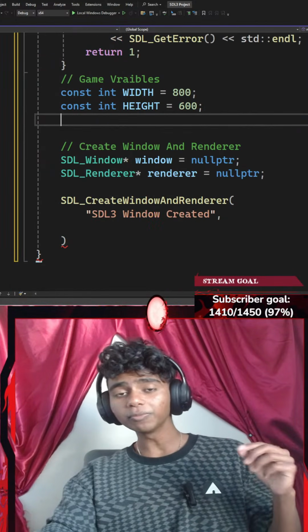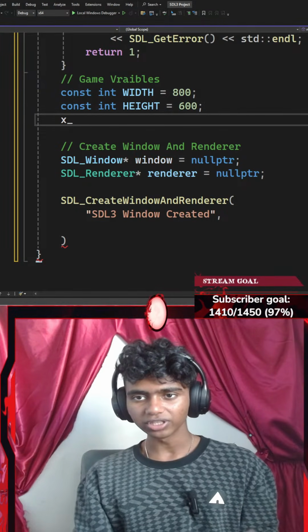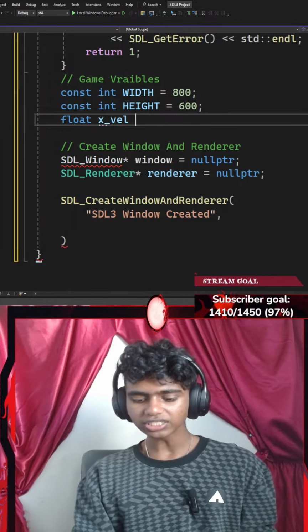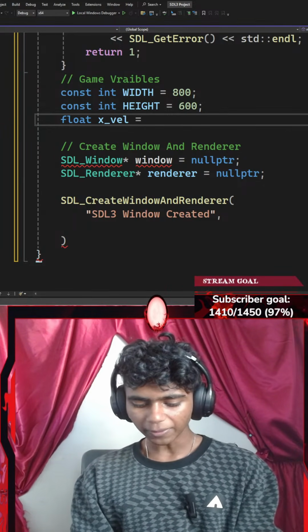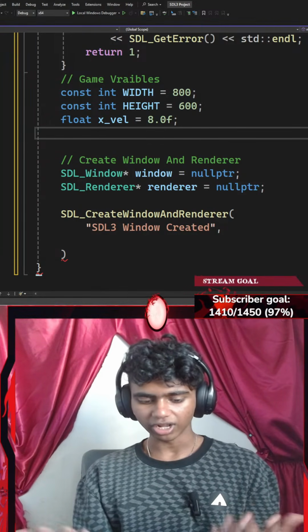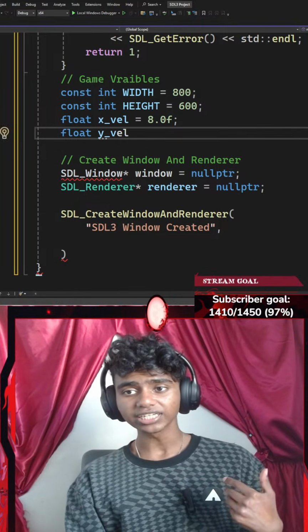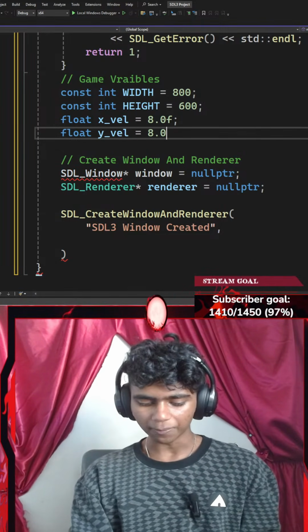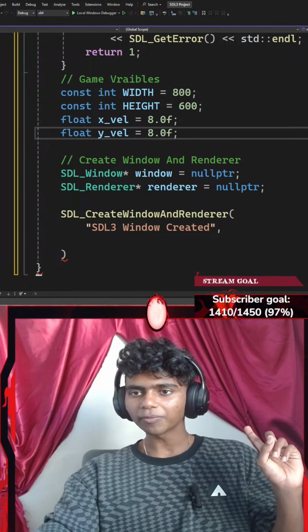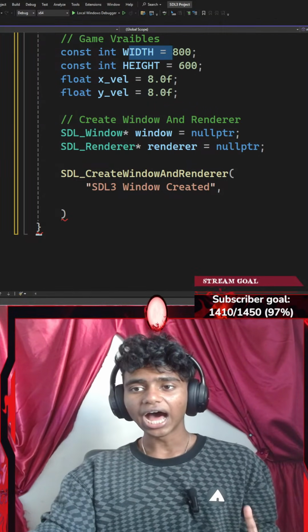And since I am going to be moving my objects or my shapes, I might create my velocities right now. So I could go with a floating point x-axis underscore velocity equal to maybe 8 pixels per frame, and then another floating point for my y-axis underscore velocity, which is going to be equal to 8 pixels per frame as well. That is basically a floating point number. Okay, perfect. Now that I've created my velocities and my width and height,